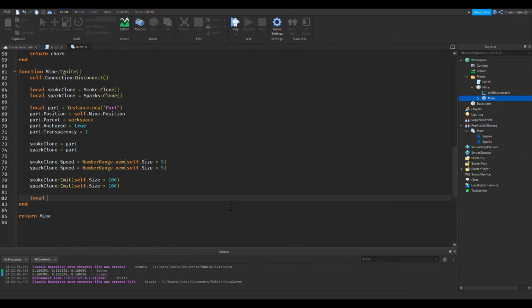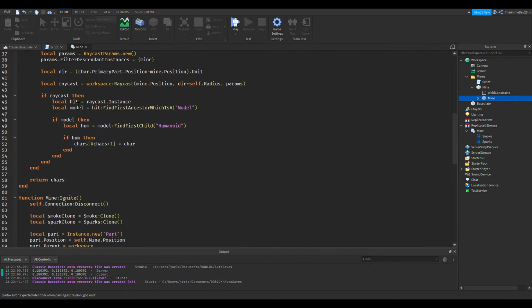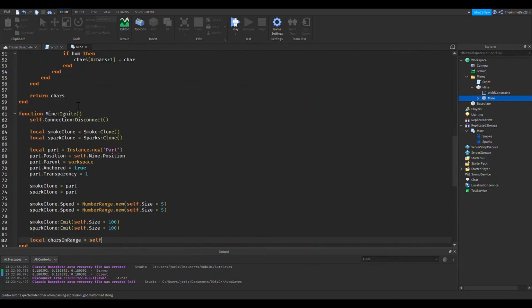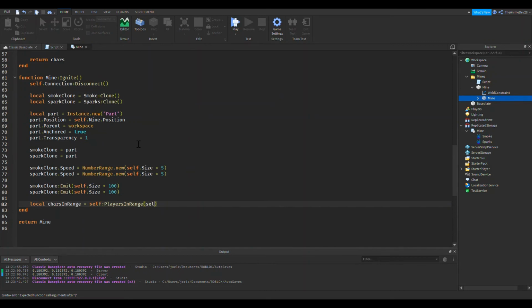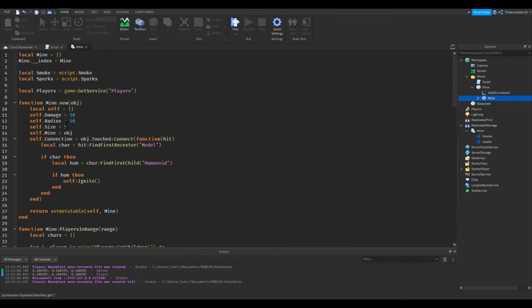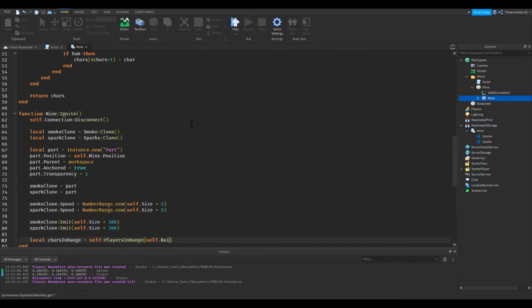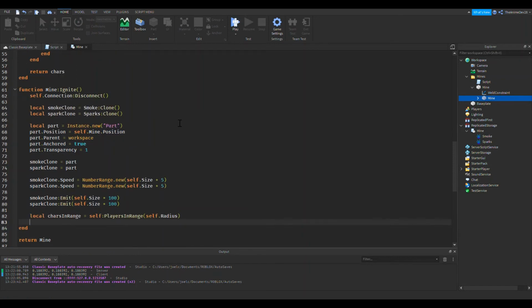Let's keep going. So we're going to get the characters in range, and we made that function. So we're just going to grab that. And to make sure I have this, yep. And we'll get it within a range of, we have that over here, dot radius. For i, character.